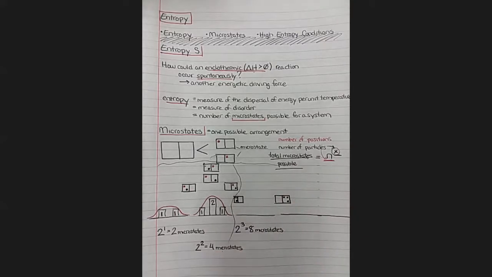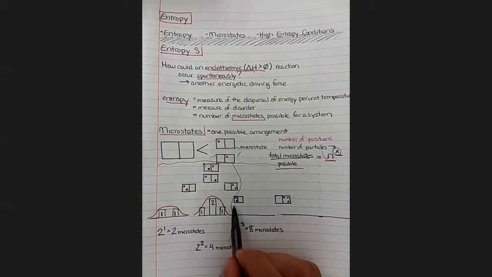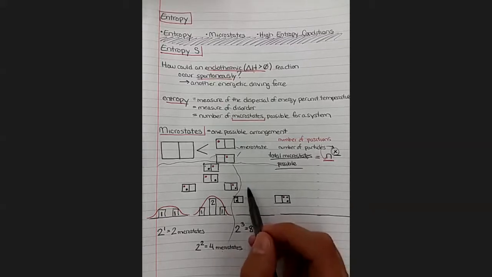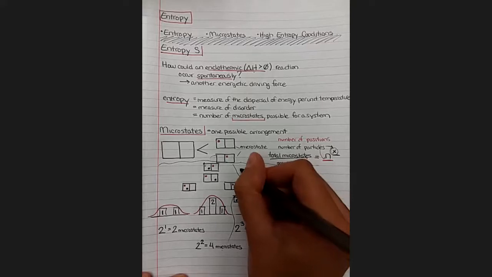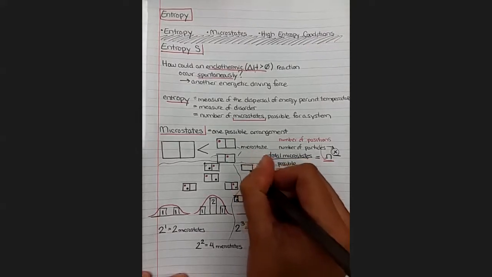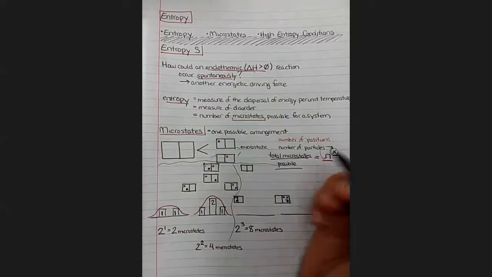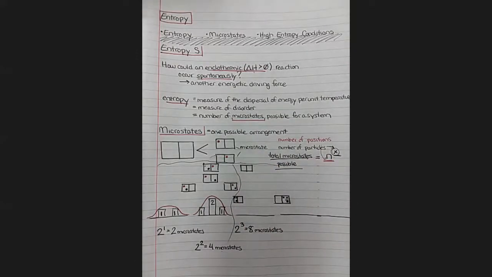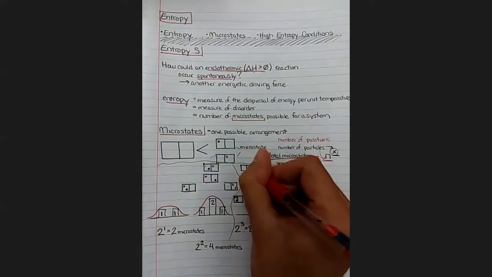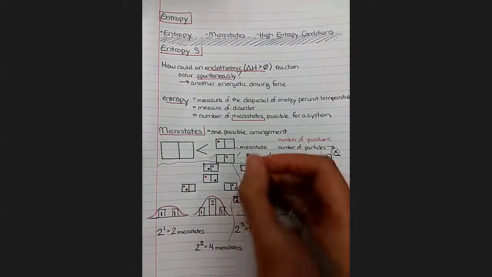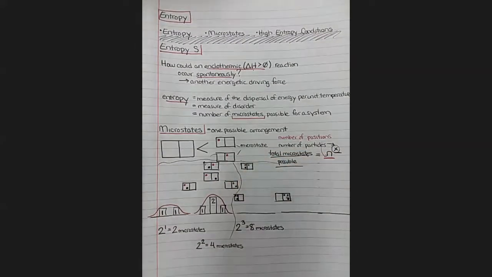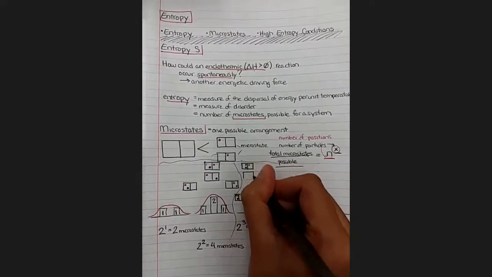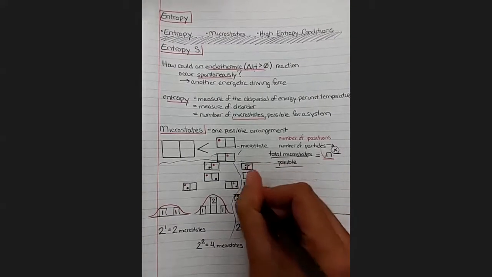Okay, and then we know we can distribute these. So our options are going to be 3 and 0, 2 and 1, or 1 and 2. So let's try drawing the next set. So let's say we have 2 particles in the left side. So we'll move the red particle to the right, and we'll keep black and green on the left side. And then we can do that same thing for each of the different particles.